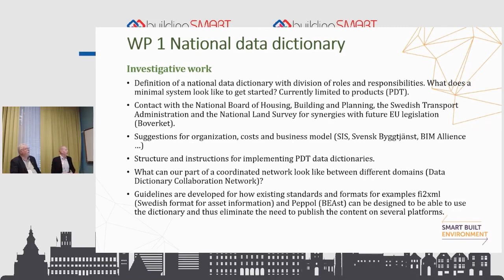Then we have a lot of different institutes in Sweden that need to work together with this. Suggest an organization, cost and business model for this work, especially then also to manage and govern the data dictionary and product data template.